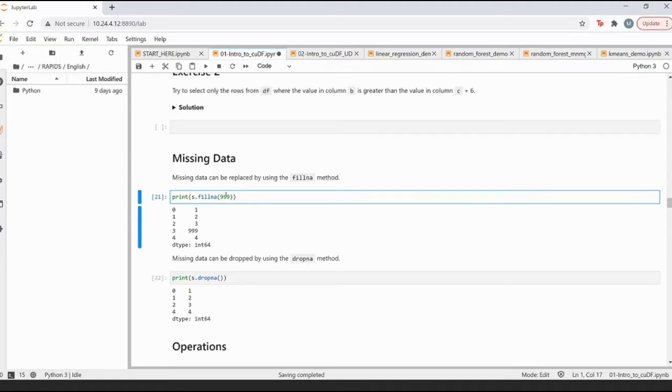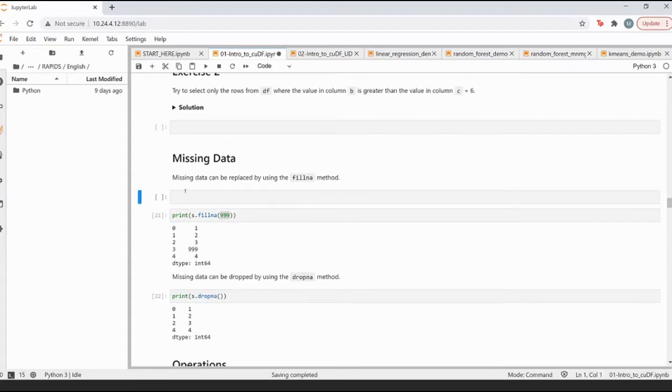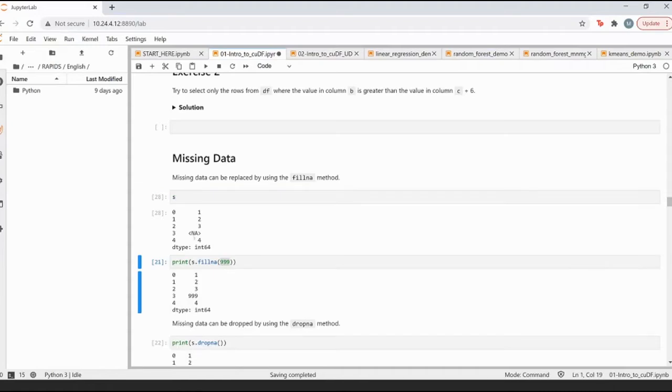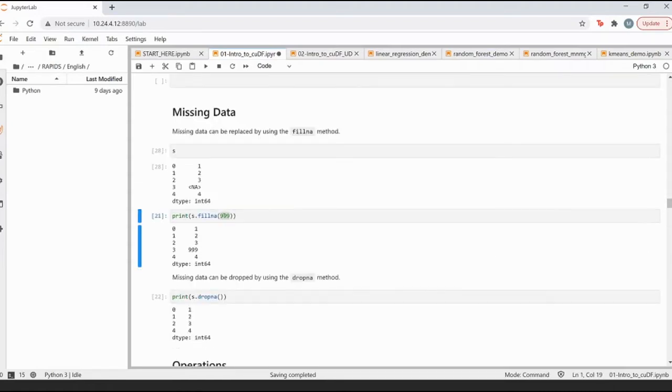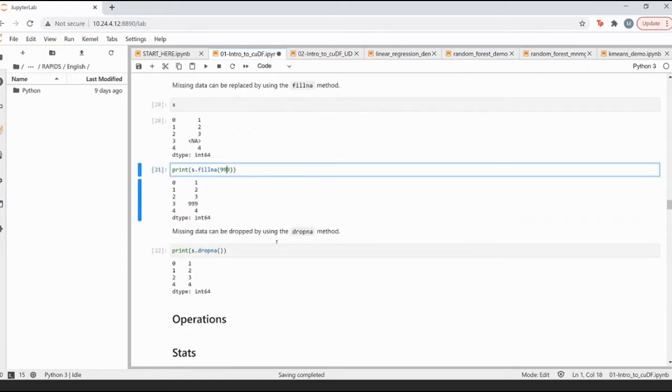So there are different strategies for doing it as well. Just for an example, I'm filling up the NaN values with 999, right? But you can also use different strategies like taking the median, or probably taking the mode, right?